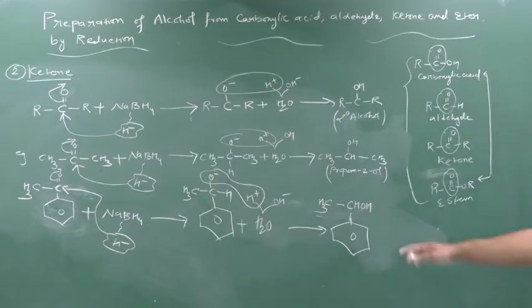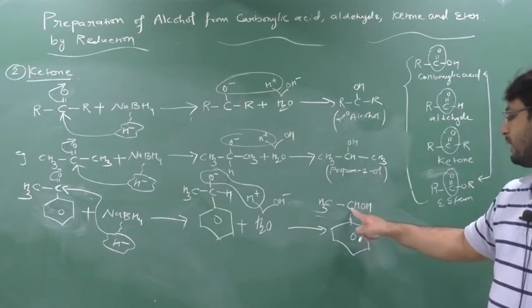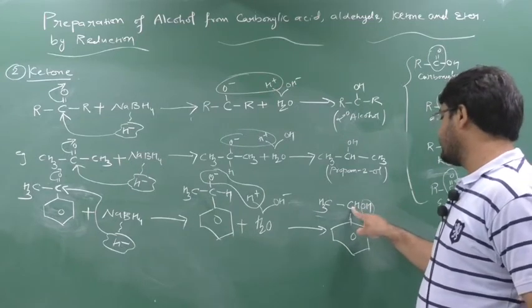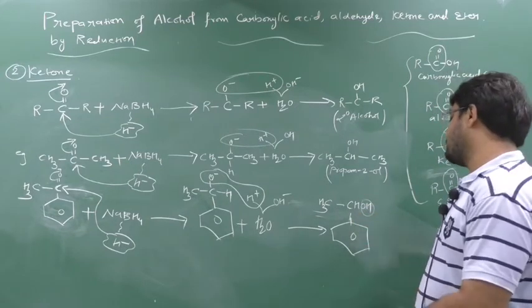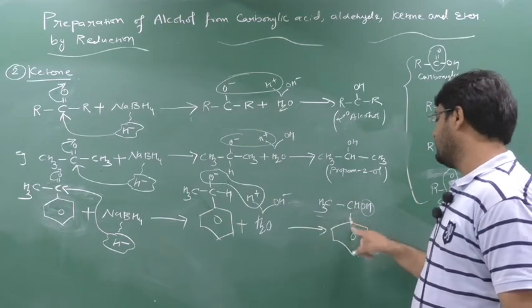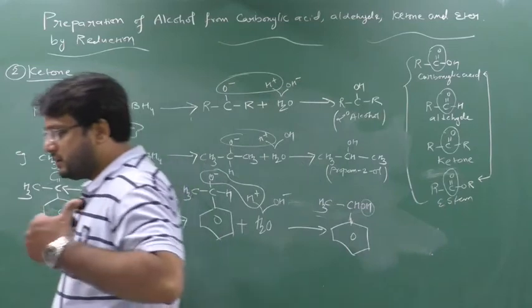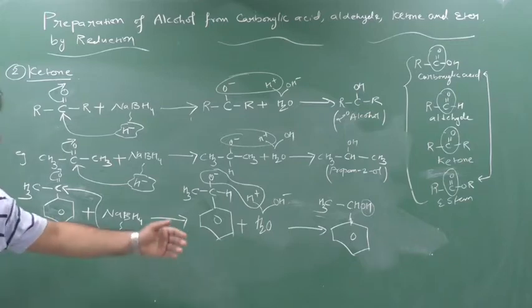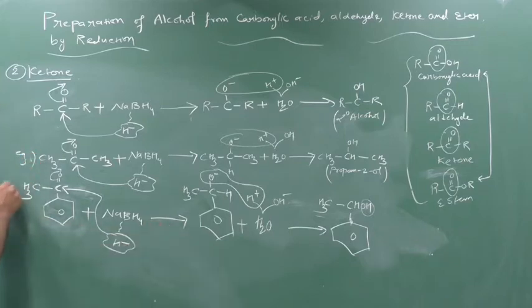In this way, see here also OH is attached to a carbon which is attached to 2 other carbons. One carbon is here, one carbon is here. So again I will tell you, this is nothing but a 2 degree alcohol. Clear this part? So in this way you can do the reaction. This is example number 1 and this is example number 2. Clear? These are different examples.